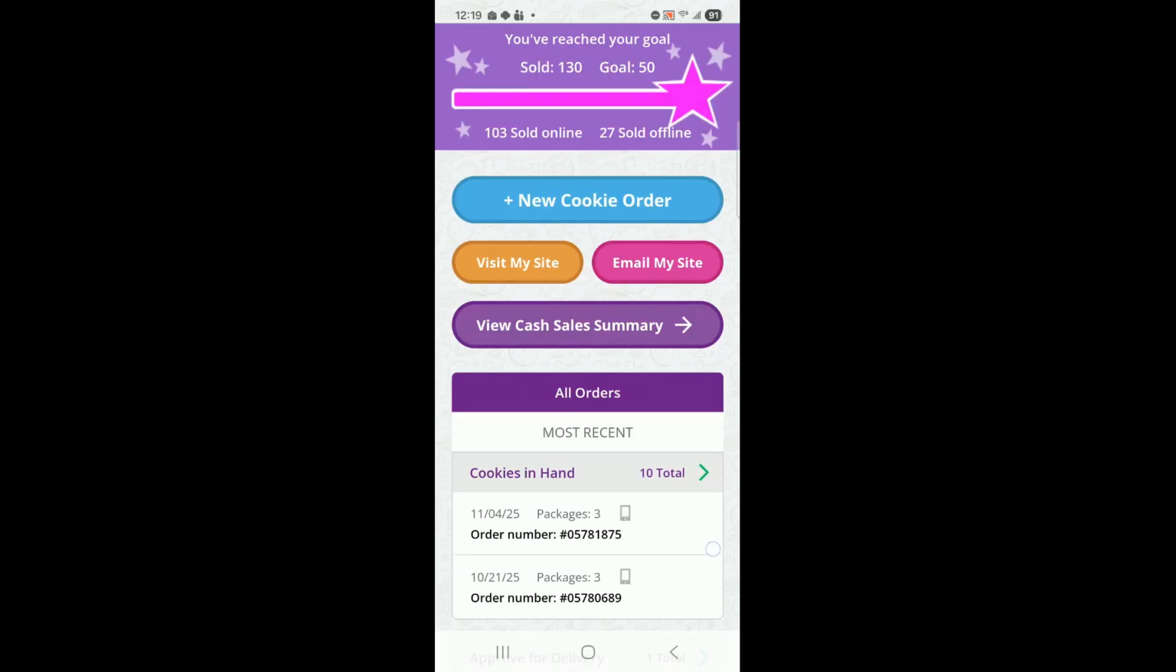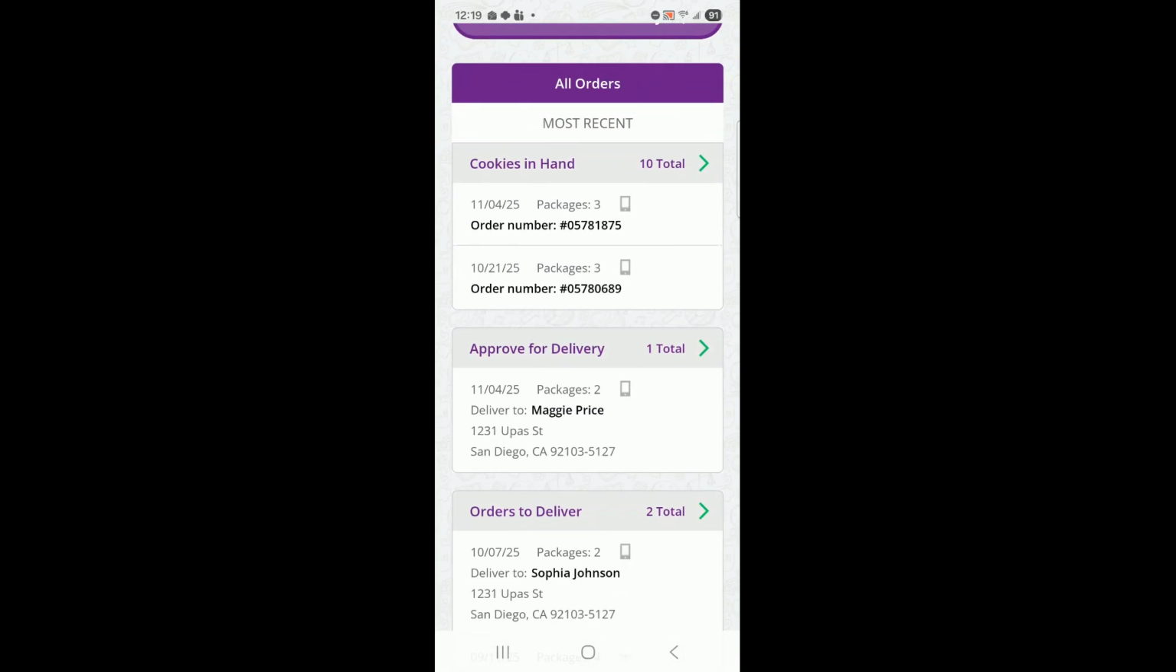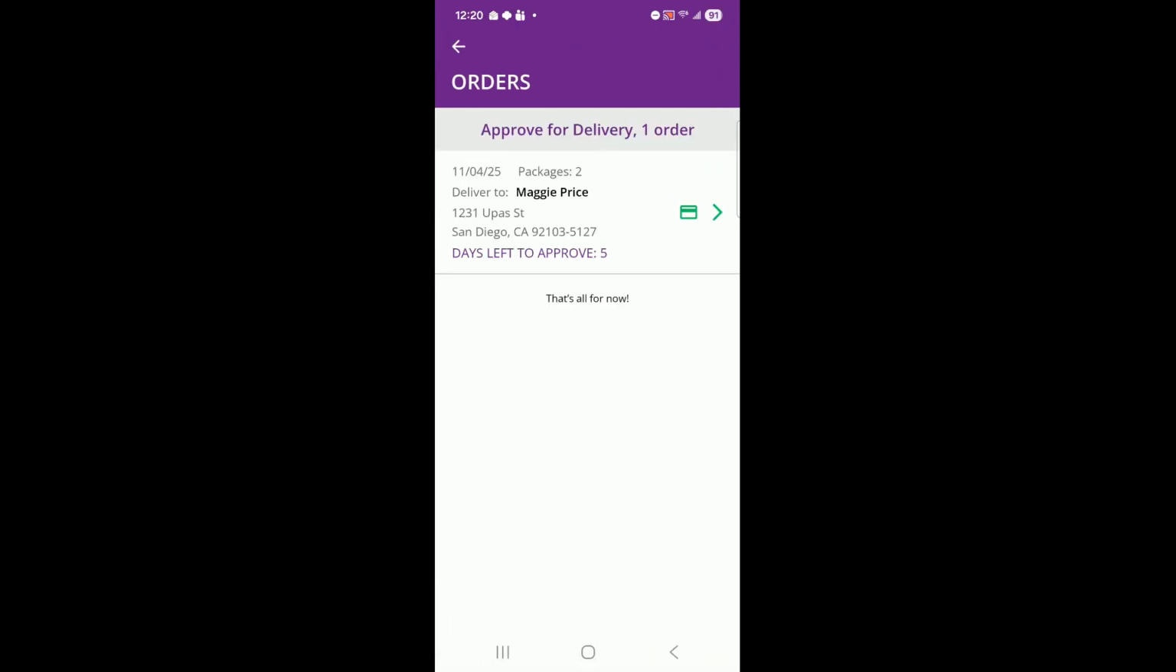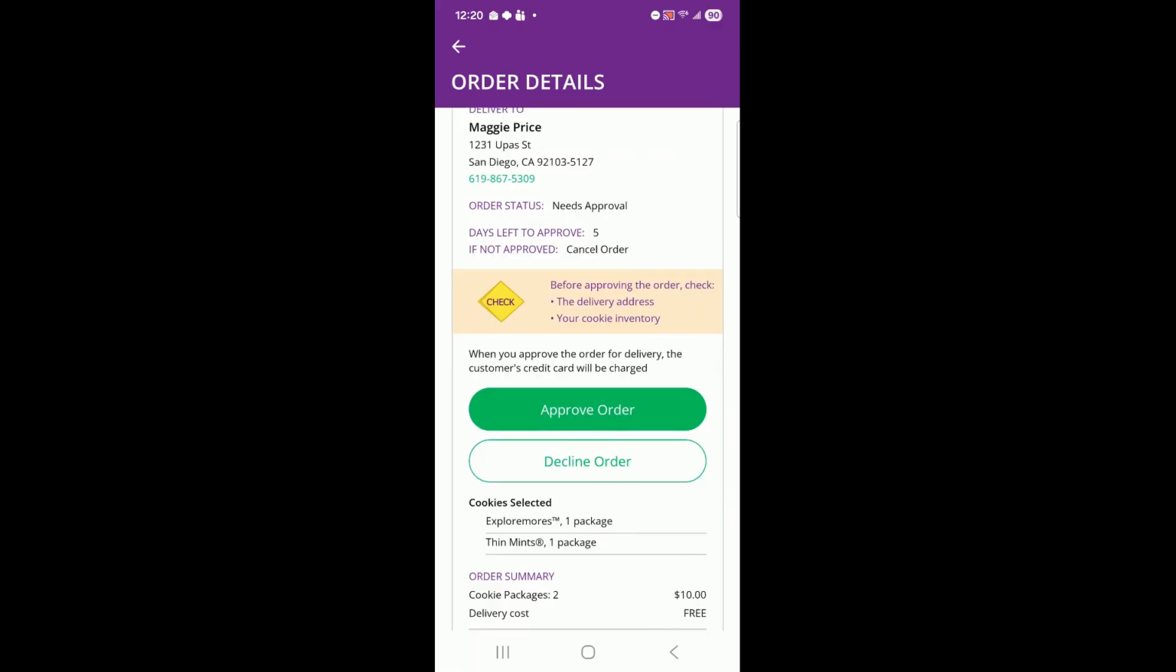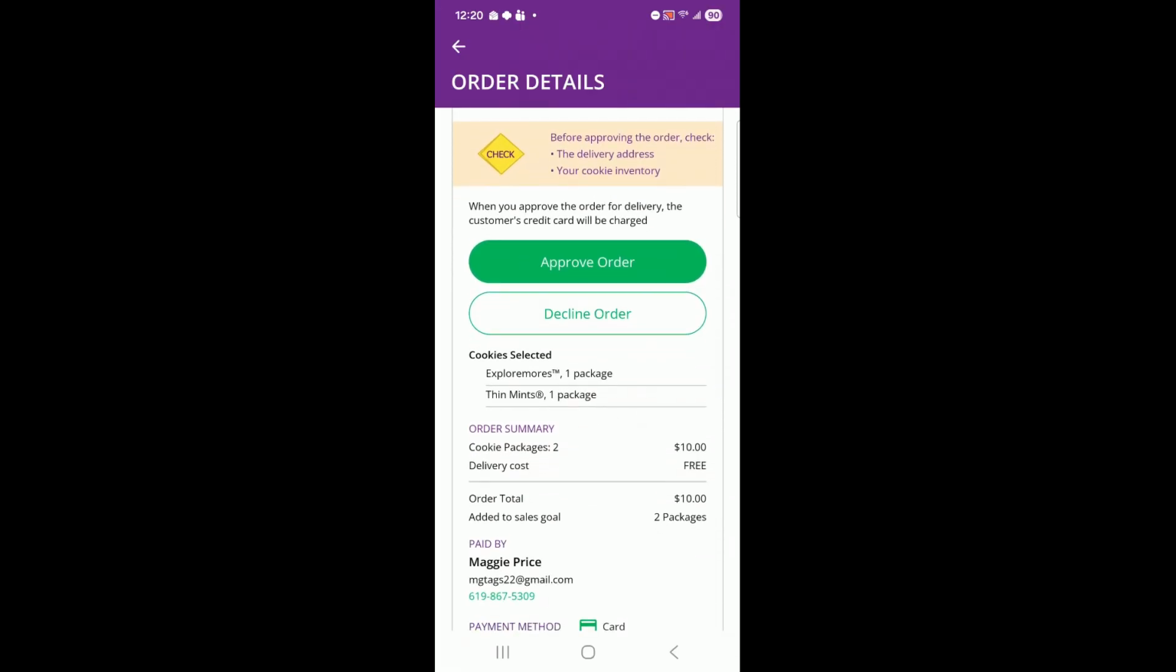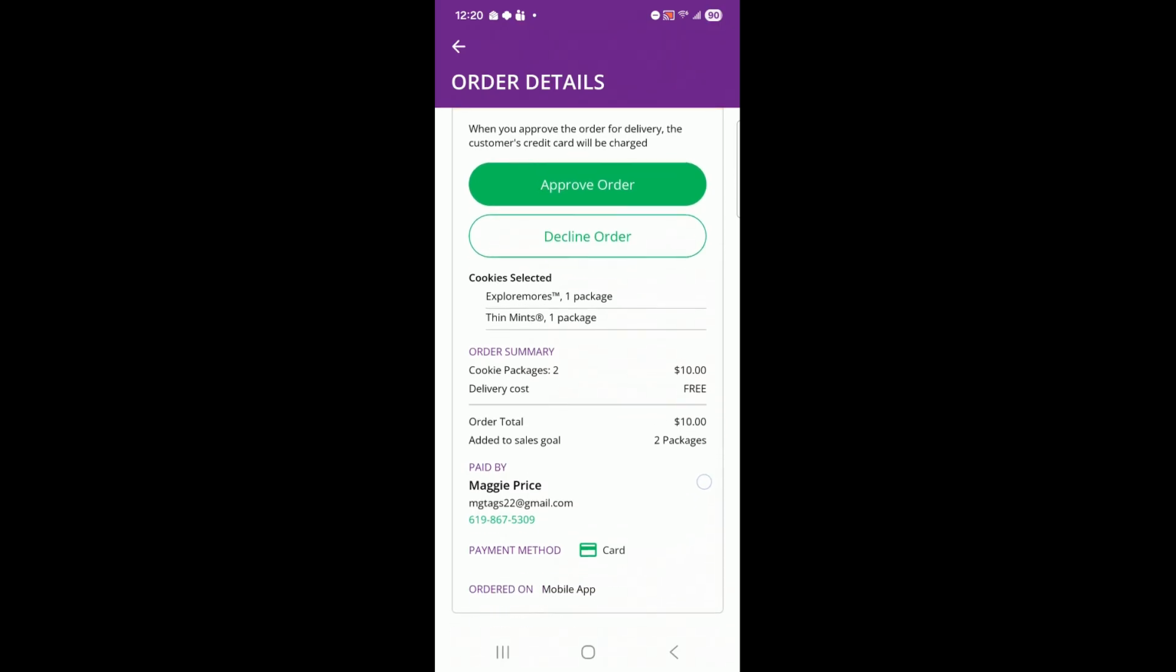To see the specific details for an order, you can click on the arrow here, and this will open all of the orders that are in this delivery section. So here we have one order that needs to be approved. So to see the specific details for this order, we click the green arrow again. And here we can review the order. We can see how many days we have left to approve. We can view what cookie varieties the customer has